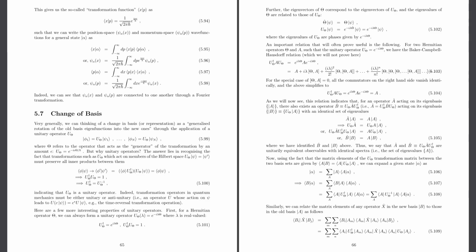Now, there is one very important relation that will be very useful to us going forward from here. Suppose I give you two Hermitian operators, theta and A. Suppose I say there's the unitary operator U of theta, which is written as e to the minus i lambda theta. Then there's this famous relation which goes by the name of three mathematicians, Baker, Campbell, and Hausdorff,